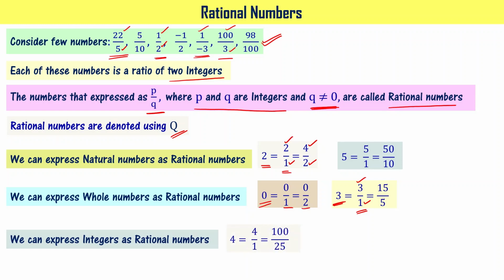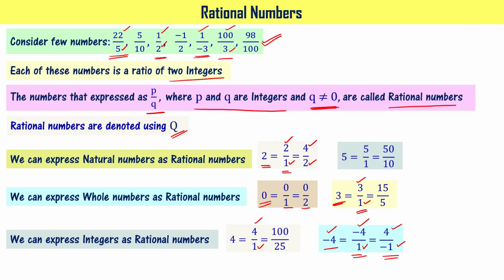4 is an integer. It can be written as 4 by 1. Minus 4 is an integer. That can be written as minus 4 by 1, right? Or otherwise, I can write it as 4 divided by minus 1, right? That is also equal to minus 4. So what you have now learned is integers like 4, which is written as the ratio of two integers, 4 and 1, minus 4, which is an integer, is expressed as ratio of minus 4 and 1. Those two are integers. Or 4 and minus 1, those two are also integers, right?